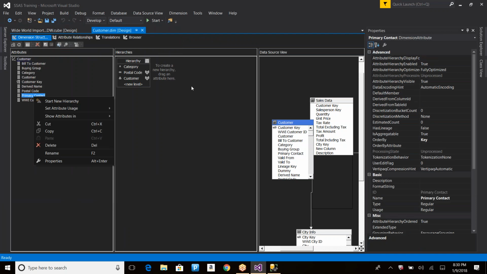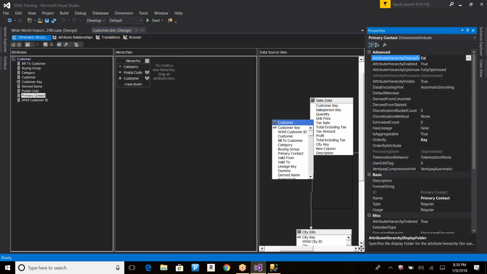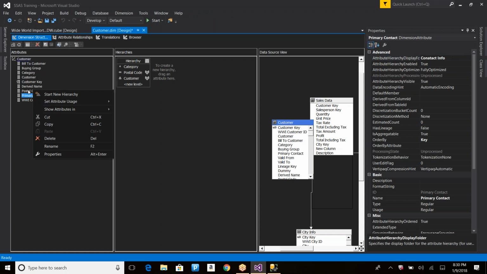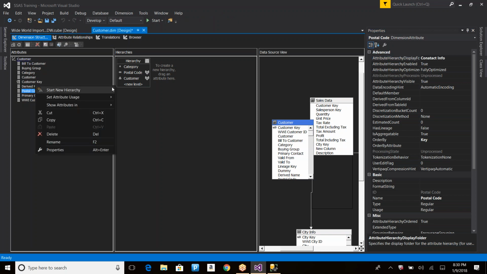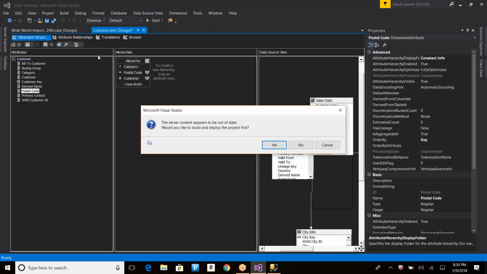If I give a different one for primary contacts, let's say I'll give it as contact info, then this particular attribute will be pushed into the contact info folder. On postal code, this can be under contact info, right? And what else can be under contact info? Let's say those two are under contact info. Now, if I process it,